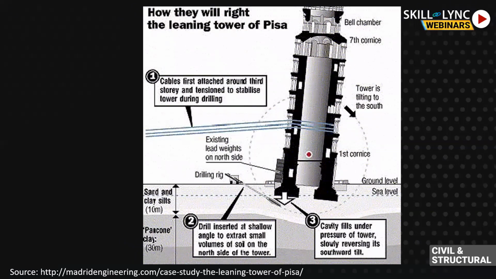In total, 50 cubic meters of soil was extracted from below the northern side of the foundation. And if you can see on the screen, there's a red dot, and that is considered to be the center of rotation. The tower actually rotated about that point. You can also see a dotted circle being shown. That is the path of rotation. And after the soil extraction, it is said that the southern side actually lifted up slightly above the position it was earlier. So that is an example, a case study, of how ground improvement saved a structure from failure.